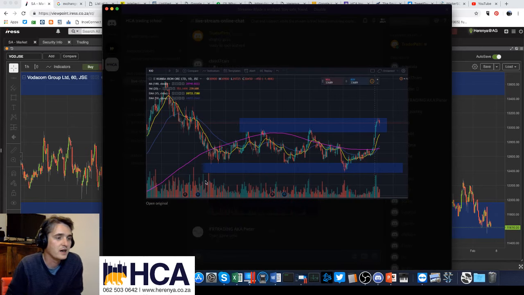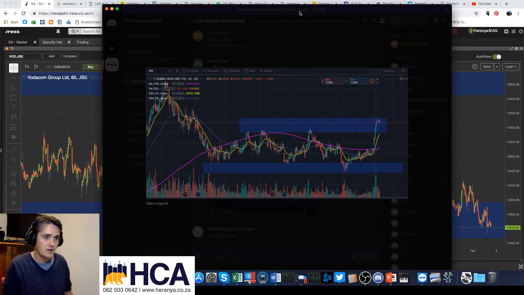All right, it looks very nice to me. You've identified your support and resistance areas, and is that a reversal? It very well could be. There's a couple of things driving the stock. Obviously, iron ore prices is definitely a factor. Also, the rand has been weakening a bit. I don't know where it is trading now, so I'm not too sure that could be a reversal. What we are looking for here, let's just have a look where the rand is, 13.56. So that's a bit weaker.